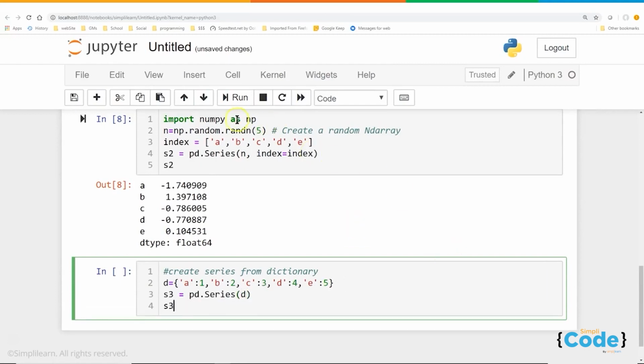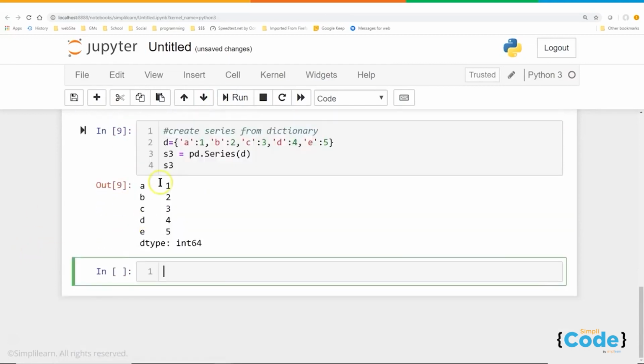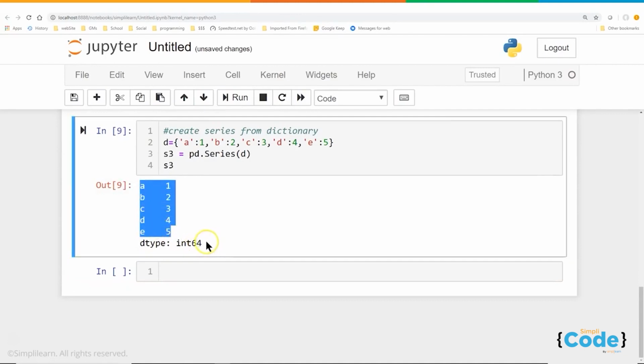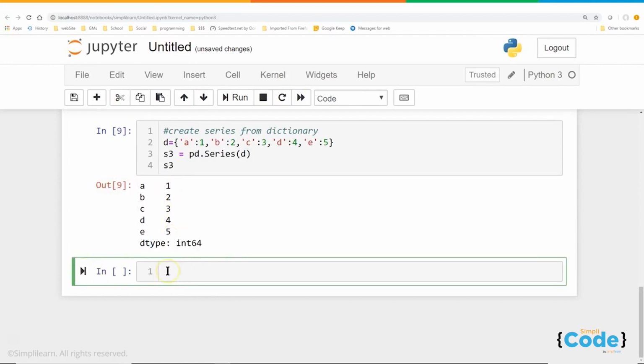Print out S3 here, and let's go ahead and run this. And you can see we got A is 1, B is 2, C is 3, D is 4, E is 5. And it's still of integer 64 because the actual data is 1, 2, 3, 4, 5, and it's all integer 64. And the last thing we want to do in the creating section of our series is